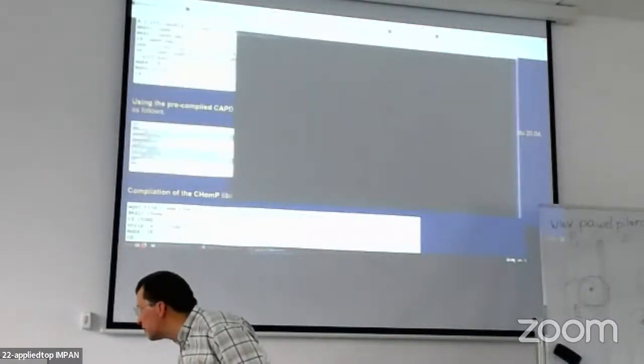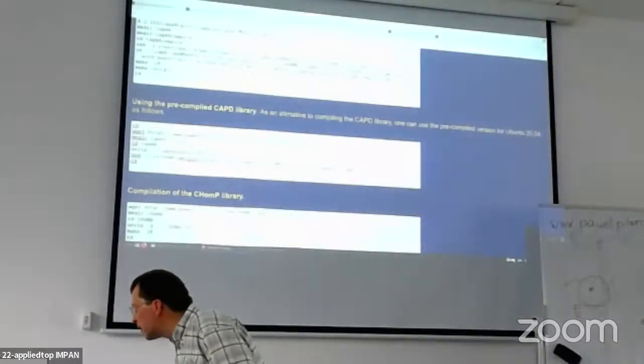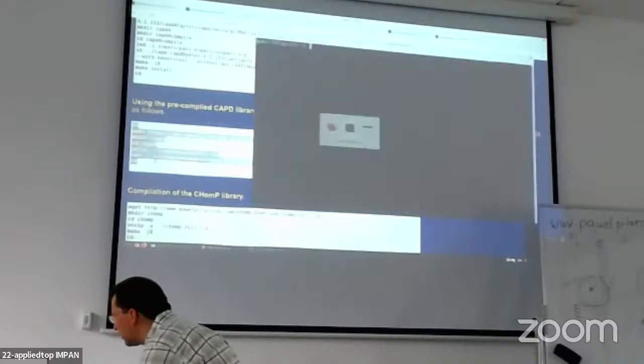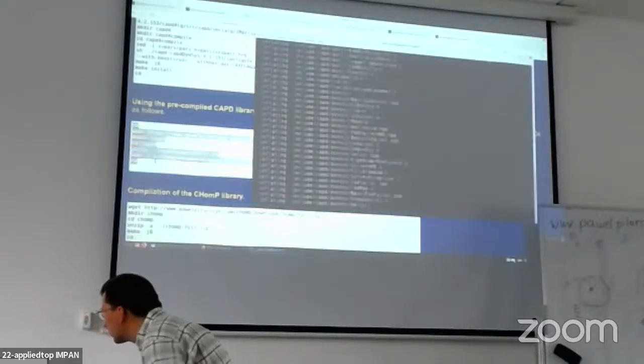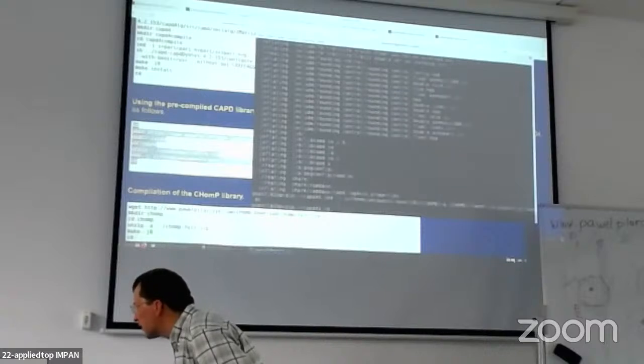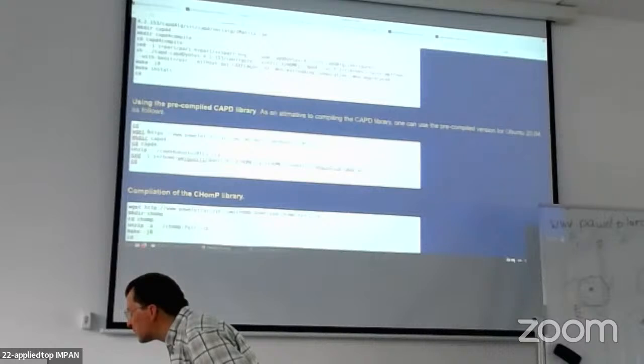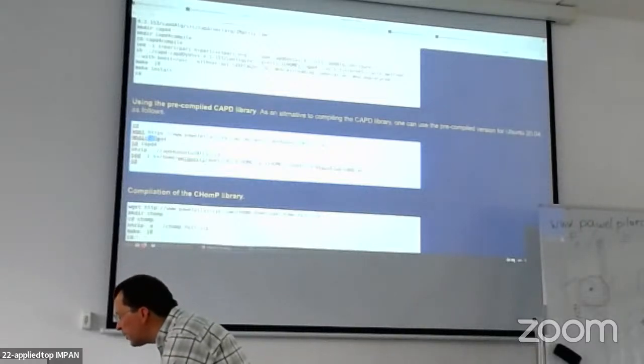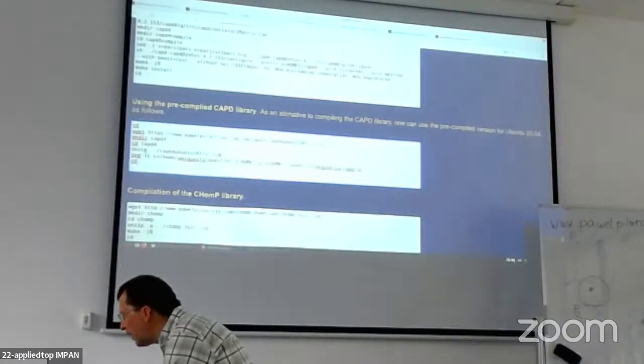Okay, the terminal, and I just copy these commands to the terminal and do these instructions. So this is wget, which gets the file from the web page. This is the zip archive of the library, then making the directory cd4, unzipping this set, and then making a